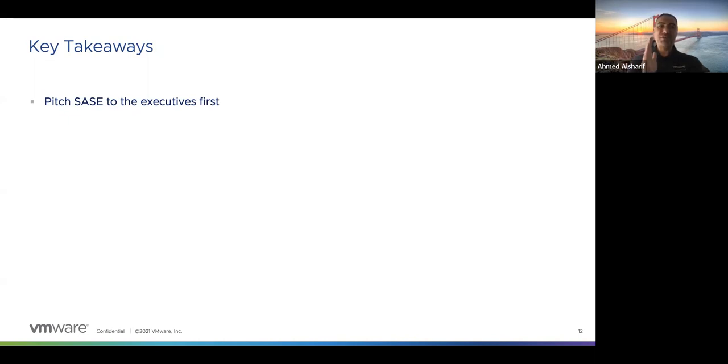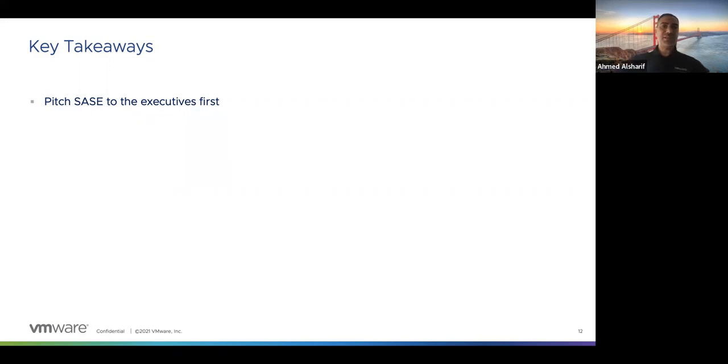Very important. If you talk to an engineer, then you are talking to the wrong person, because the engineer does not see the value of SASE. The engineer has all of these components. What are you going to sell him? You're going to sell him SD-WAN. He has SD-WAN. Cloud web security, he maybe has that service. You're not selling anything new. What you are selling is an integrated solution. Integrated solution means less total cost of ownership.